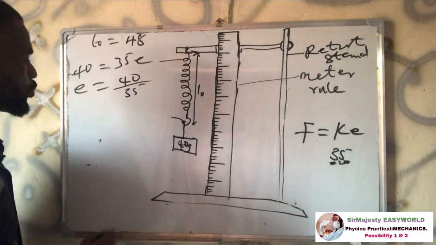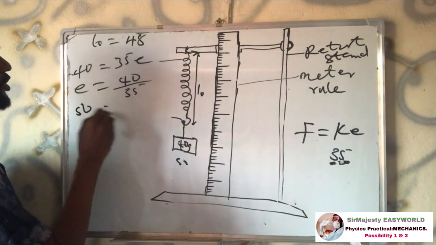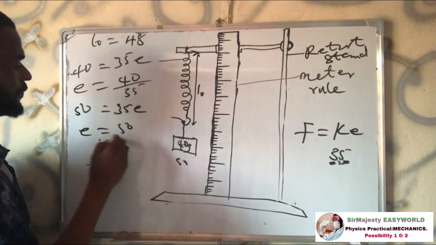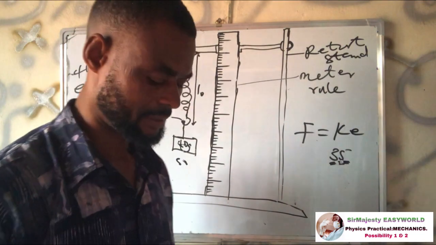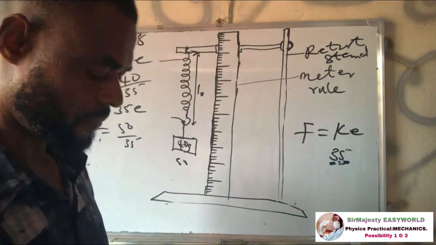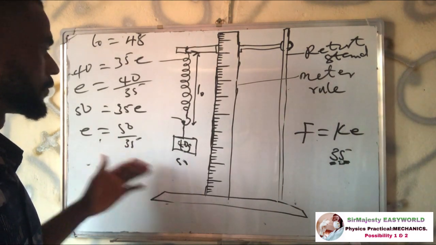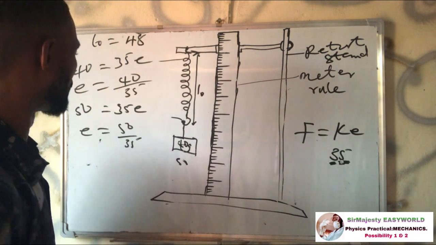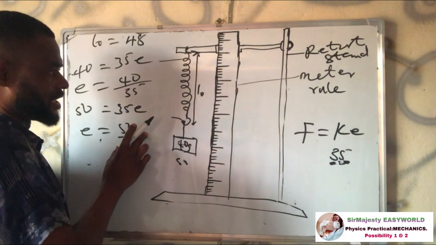Then the second one, when I replace it with 50, I will say that 50 is equal to 35E. So my E is equal to 50 over 35. So I get something from there. So now, the extension you have from this formula will help you. But if you are doing it this way, whatever you get, determine whatever you have as the extension,